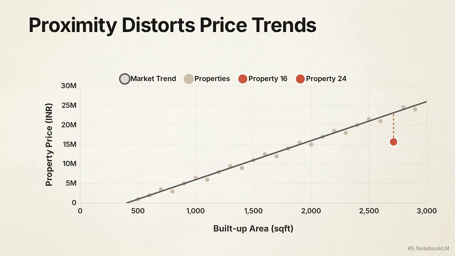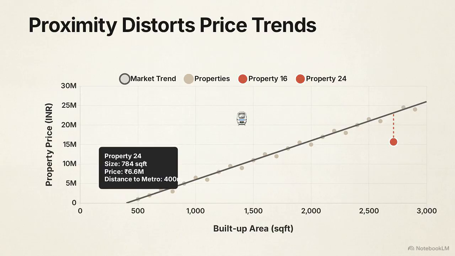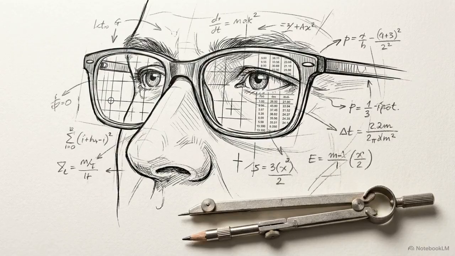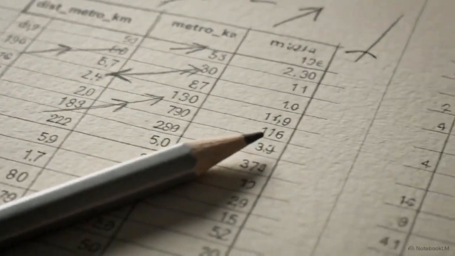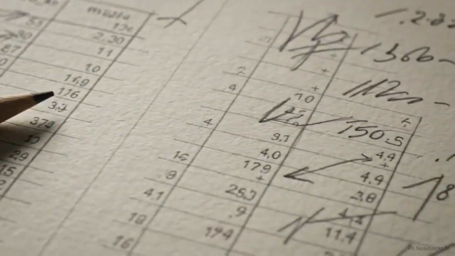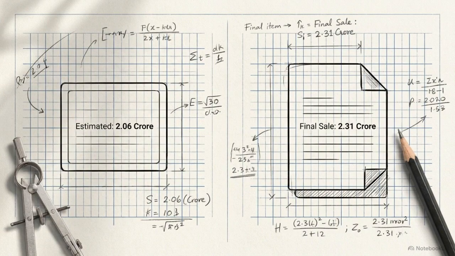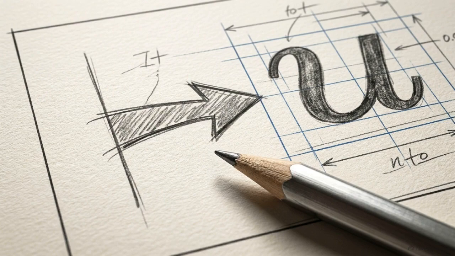down. Conversely, there's Property 24. This 784 square foot home punches far above its weight class because it sits a mere 400 meters from a metro station. That convenience premium inflates the cost. We handle this by adding these secondary inputs to our equation. By feeding commute times and property age into the model, we can bend the math to account for these specific discrepancies. Yet, even after calculating every single measurable column in our dataset, a gap between our prediction and the final